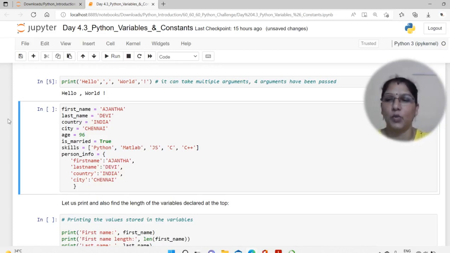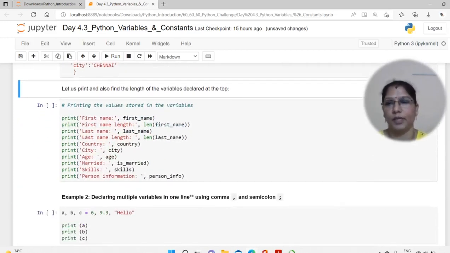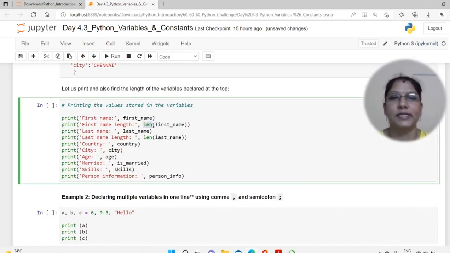Okay, let me give, in a dictionary, personal information such as first name, Ajanta, last name, and so on, with some keys and values. Now let me print it and also find the length of the variable declared in the above application, and see how to do it using the length operator. We will discuss it in detail later, in the string manipulation session. Here I just want to know the name, that is the variable name, and its length